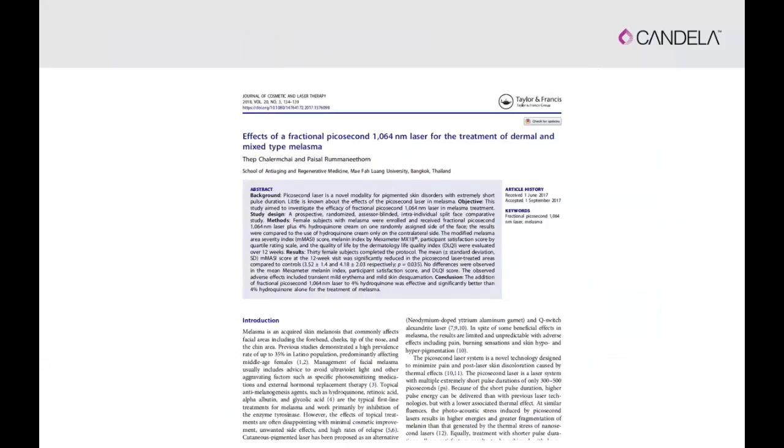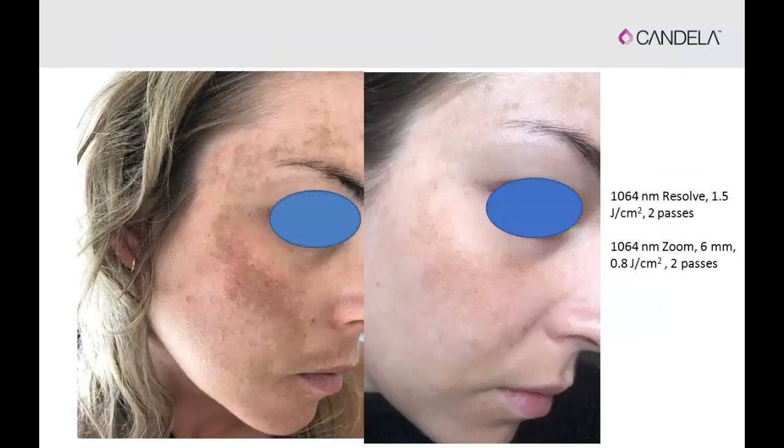Now, this is not my paper, but I was very pleased to see this paper published recently, and I would encourage you to read it. Colleagues from Thailand have already published on their experience, which is comparable to ours, except they use only the Resolve handpiece, with very nice results in clearance of melasma. And we are going to be publishing our series 2, so we understand more on how to use the PicoWay